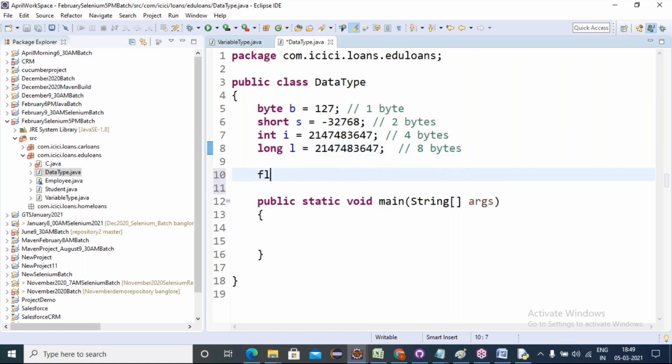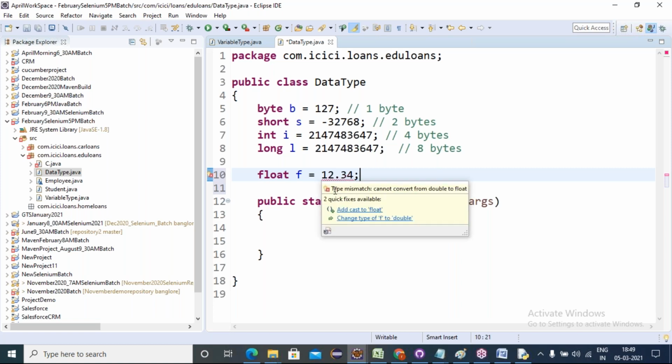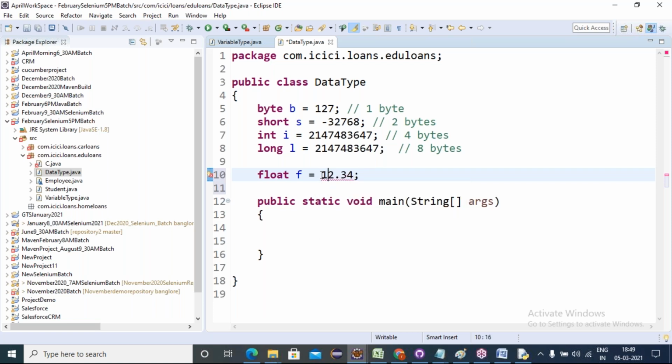And coming next to the floating types. One is float, f equals some value. We get an error when defining the floating variable. Friends, see what it says: type mismatch, cannot convert from double to float. By default, this object is treated as a double type. I want this object to be a float type, so I must convert it. How? Simple: at the end of the value, I must give the f character, in either lowercase or uppercase.